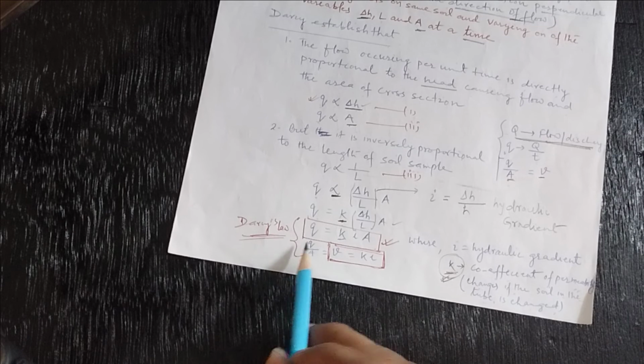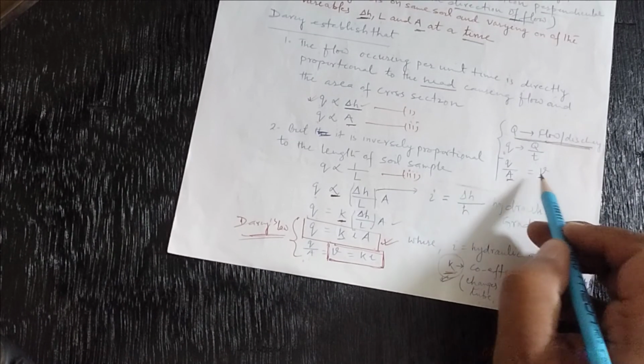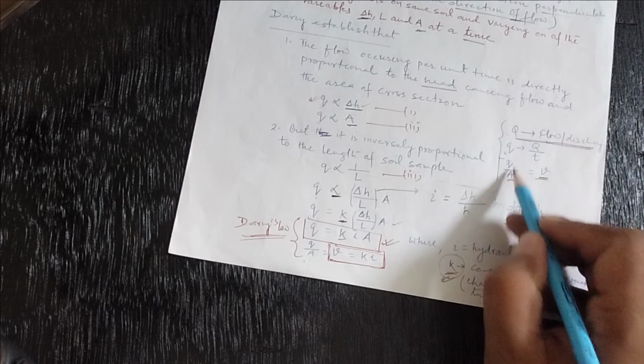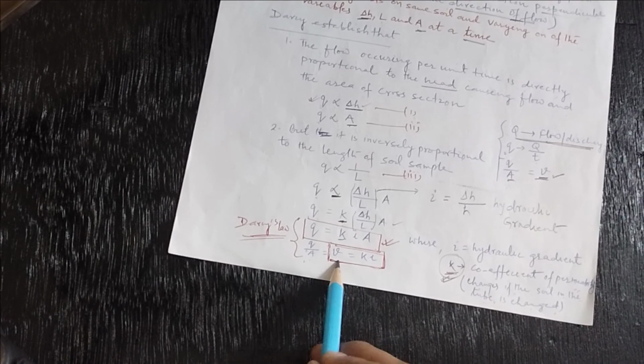So if you do Q by A, that is velocity. Q by A, discharge per unit area, is velocity. So Q by A is equal to V is equal to